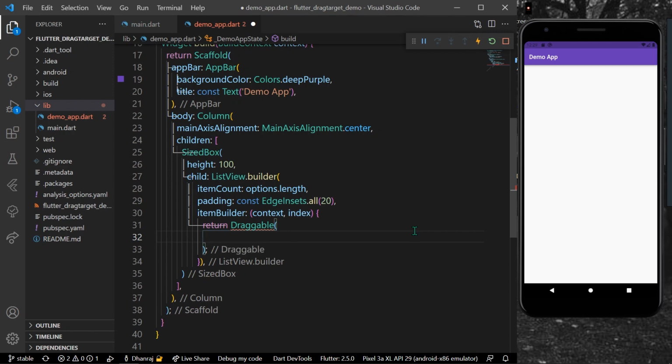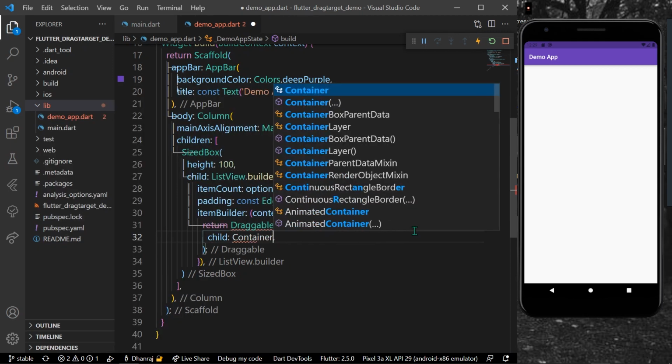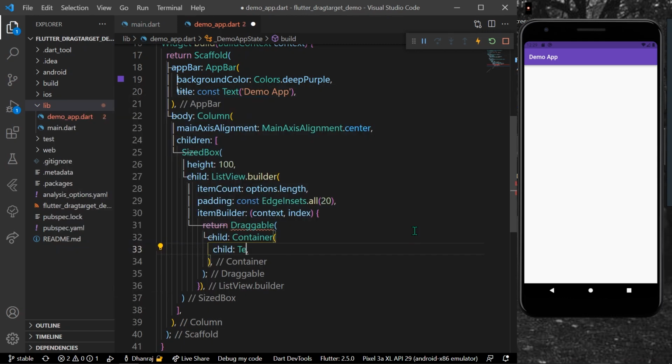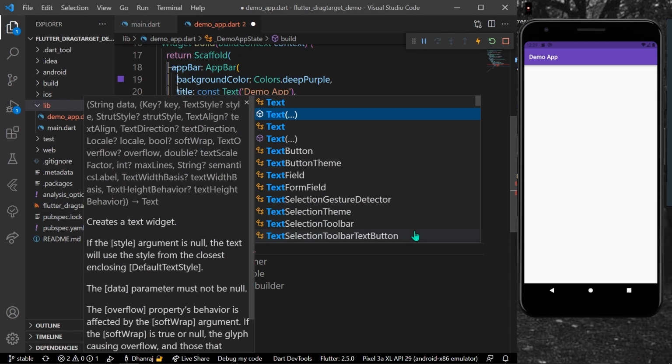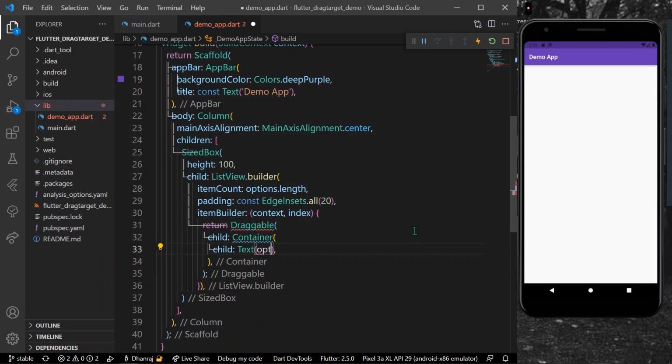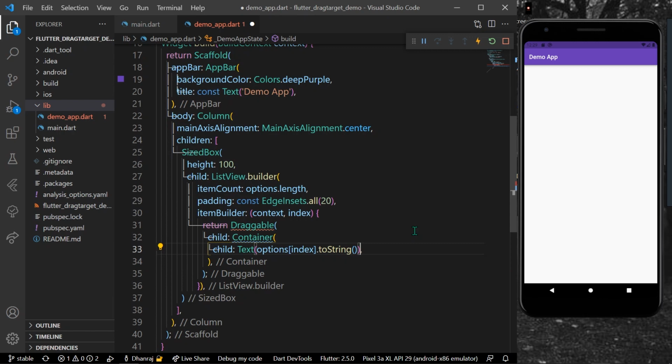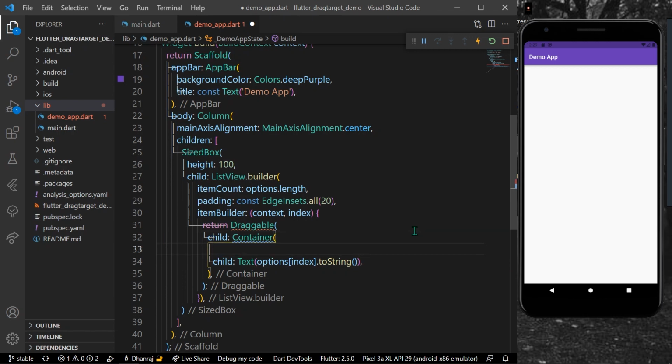Inside Draggable, as a child, I'll take a Container, and inside the Container I'll have our Text, which will be the options that we have inside our list. Okay, so this is how you can show the options. Let's decorate our Container.